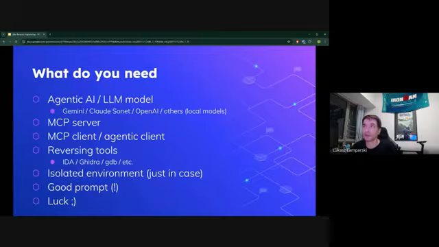It's everything we will do today. It's actually static. The MCP server I will be using has some dynamic capabilities, but to be honest, I didn't use them too much. It will be all static reversing, so it shouldn't cause any damage on your system. But because of the chaotic nature of LLMs, I always prefer to do it in an isolated environment because,